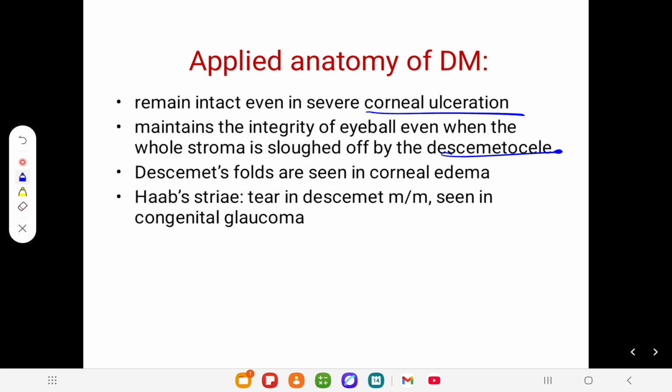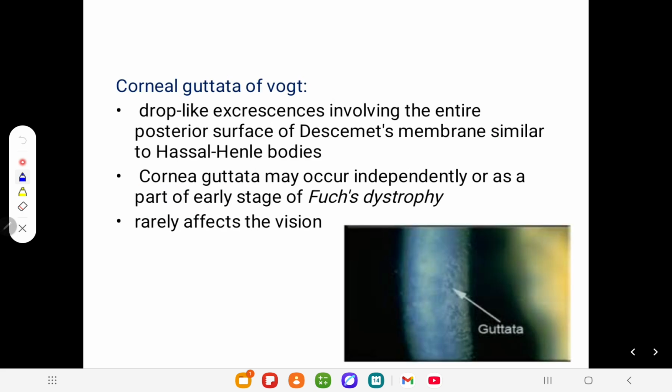Haab's striae are tears in Descemet's membrane, seen in congenital glaucoma. It's another MCQ question: Haab's striae are seen in which layer of the cornea? It's a common question. Next, corneal guttata of Vogt. Corneal guttata is commonly one of the conditions, and we discuss the difference between corneal guttata and